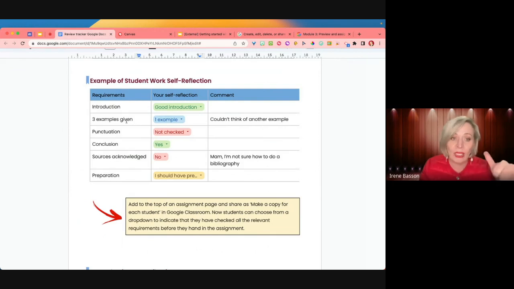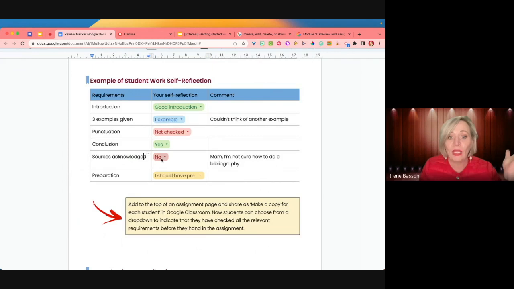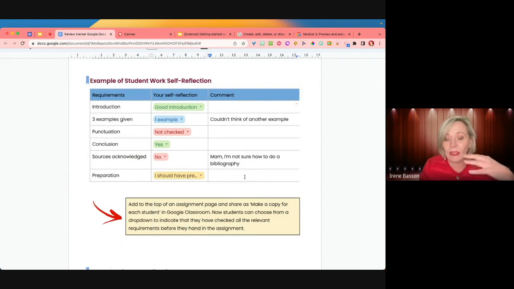They were supposed to give 3 examples. You're looking at their punctuation. Did they write a good conclusion? Did they acknowledge their sources? And how did they feel about the preparation? Of course, you can change this to anything that you are specifically looking at. And then you can, again, edit these options about if it's about the introduction or if it's about the preparations. I was well prepared. I underestimated how much work it would be. So they can choose that. And they can give some feedback at the top of their